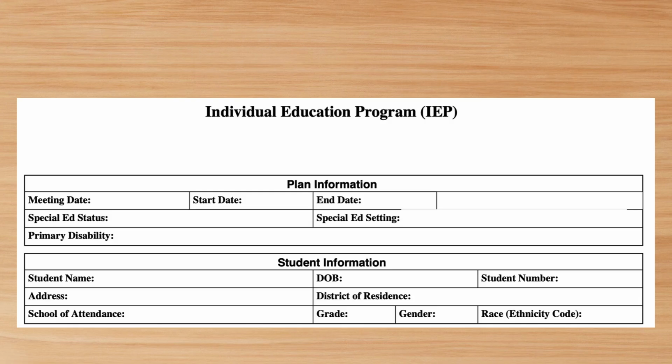At the beginning of an IEP document, you're going to see some demographic information. The first thing it's going to have on there, or should have on there, is the meeting date. The reason it has a meeting date is because IDEA law says that we need to have an IEP in place every year. So we're going to look at the meeting date, and then at the start date and end date of the IEP. The meeting date and the start date of the IEP should be the same. It's a requirement of the school to make sure that an IEP is updated at least every year. It could be updated more frequently if the IEP team, including the school personnel and the parents, feel that an IEP needs to be revised.